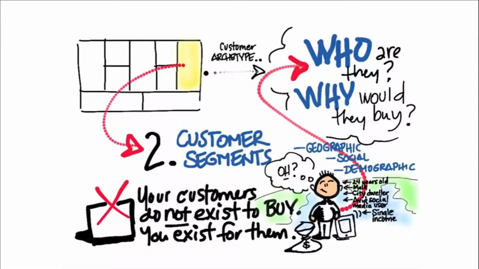One of the things you'll also see later in this lecture is that you might actually have multiple customer segments. That is, different types of customers all interested in your product. They might be male, 18 through 24, live in urban areas, but you might also have women who live in the countryside, 45 to 55 in some cases, also interested. And the types of marketing or demand creation you'll do to attract each segment will be different. But if you didn't know who they were, you'd be creating the same type of marketing and, in fact, probably not reaching any of them. So let's take a look at this in more detail.